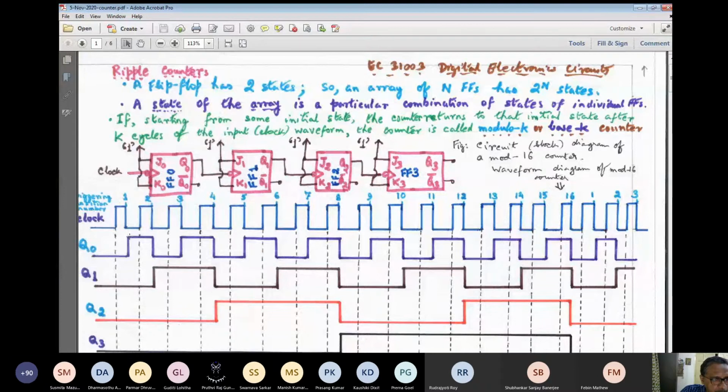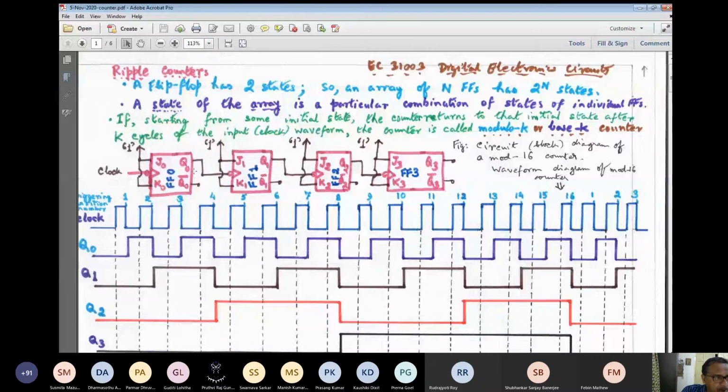Okay. So if you fall back to the state table or the characteristic table of the JK flip-flop, you can well remember that with both the excitation inputs, namely J and K, connected to 1, it will operate in the toggle mode. That means whatever state it is prior to the active edge, the state following the active edge will be the complement of that which existed prior to the active edge. Clear? So from 0 it has gone to 1.